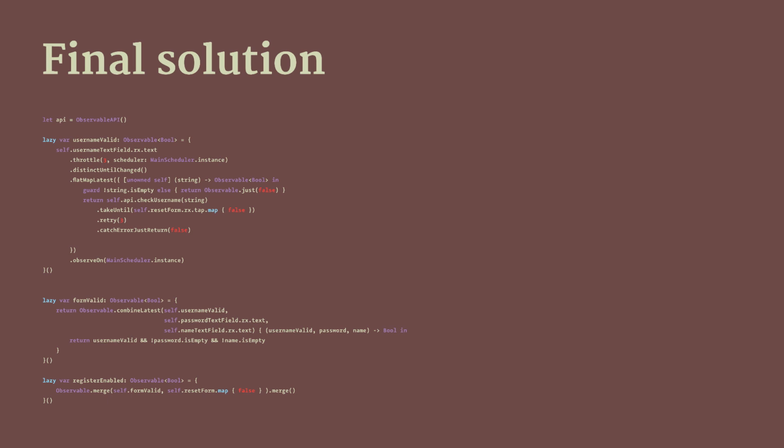We're going to add the expensive username check with the API call back in and see how that complicates our reactive code. So you can see we're adding another observable here, another node into our node chain, and we're still doing this at the top of our file. We're describing our different nodes and then combining them together. So this username valid observable, we're going to watch the username text field and pull an observable off of that, the rx.text. So that's going to give us an observable that sends a new string value anytime the text changes